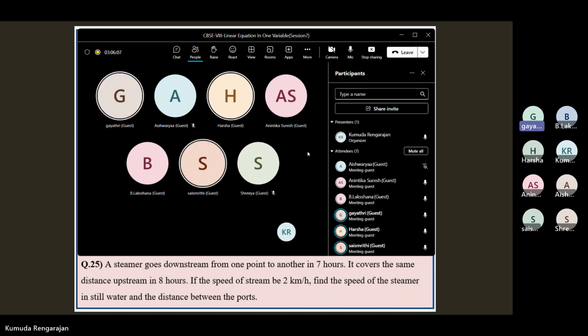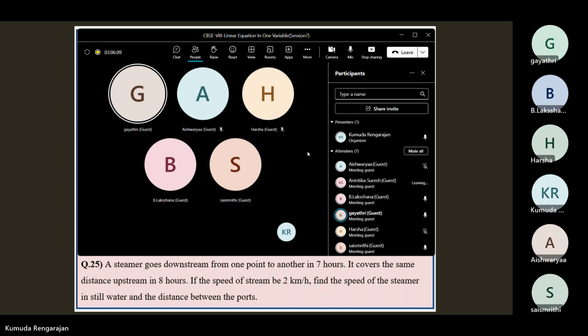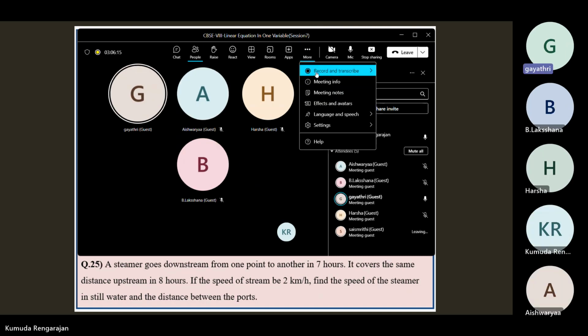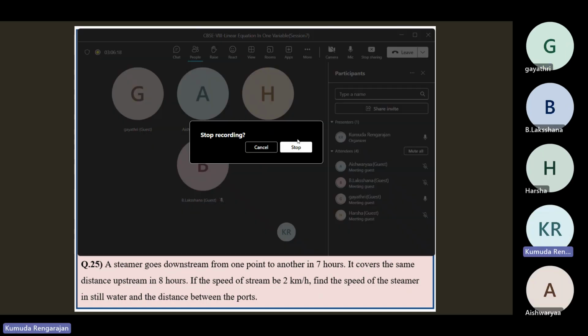Ma'am, tomorrow we do have a session, right, ma'am? Aishwarya, please stay back. Gayatri, yes? Yes, ma'am. Ma'am, we do have a session tomorrow, right, ma'am? No. I think next